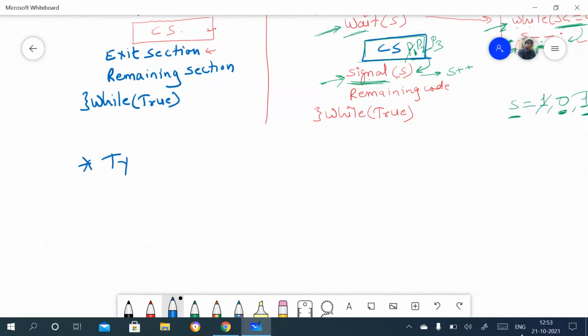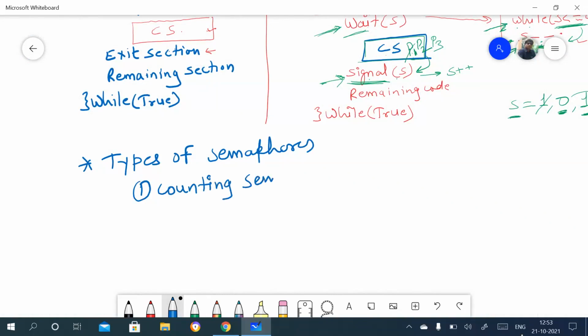There are two types of semaphore. First is counting semaphore, and second one is binary semaphore. And as I said, the semaphore is nothing but a variable.